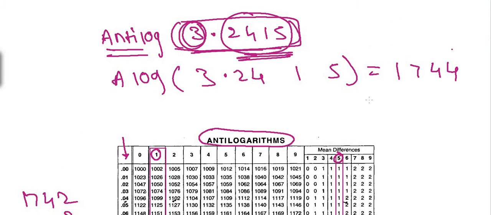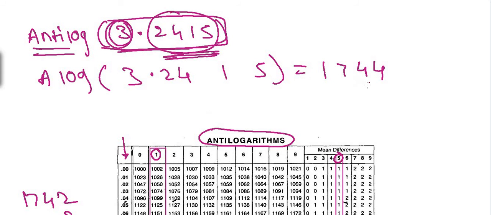Yes, I am going to explain that. It's very easy over here. What you have to do is, whatever may be the antilog, place the decimal after the first digit, after 1 now. So 1.744 multiplied by 10 raised to the characteristic. If it's positive, write plus 3. If it would have been bar 3, simply write 10 raised to the power minus 3. And this is how we calculate antilog.